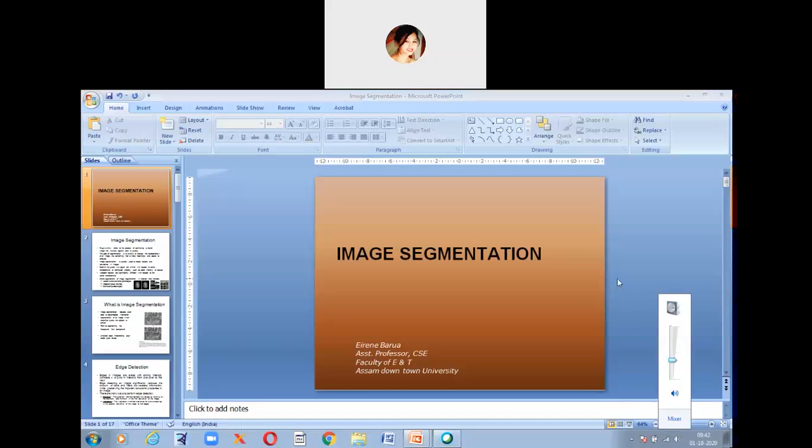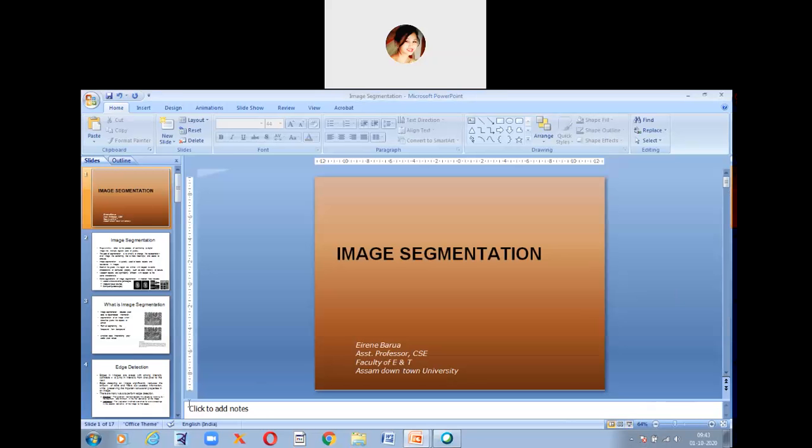Yes, ma'am. Okay. So today we shall start off with the fourth unit, which is image segmentation. You already have the idea about what it is, right? Segmentation means we are dividing the image into parts so that we can identify the different features from those parts, and then finally we can collaborate it. Image segmentation makes it easier for the user in terms of extracting the features from each part.